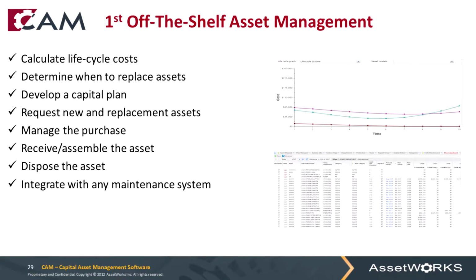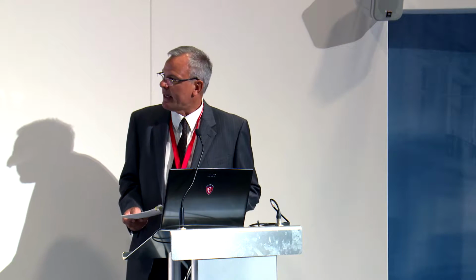What's CAM about? It can calculate life cycles, determine when to replace assets in that life cycle model, help you develop a capital plan, request new and replacement assets. It'll help you manage the purchase of those assets, assemble the assets. If you've got different components, chassis, body, tail lift, etc., you can bring those all into one asset. Obviously, selling and disposal of the assets, and CAM integrates with any fleet maintenance system, not just the AssetWorks suite